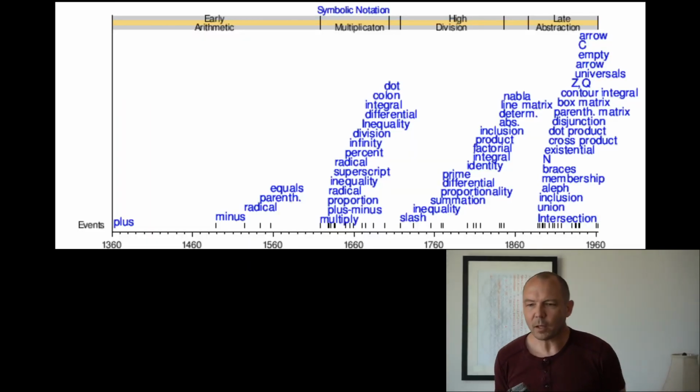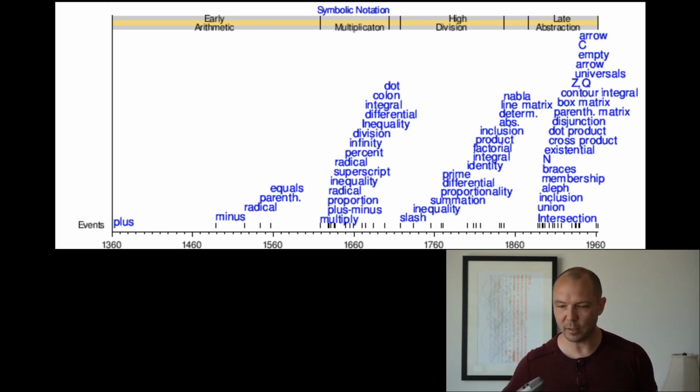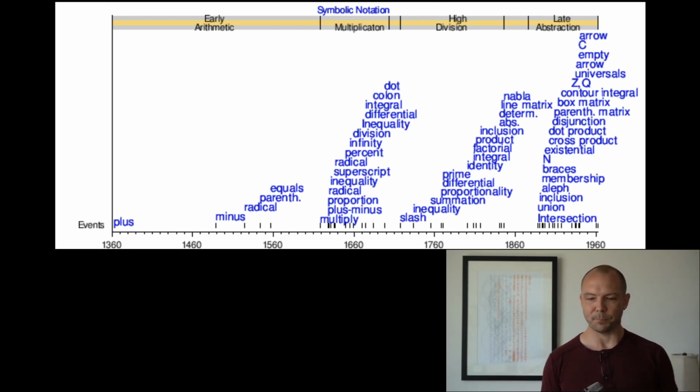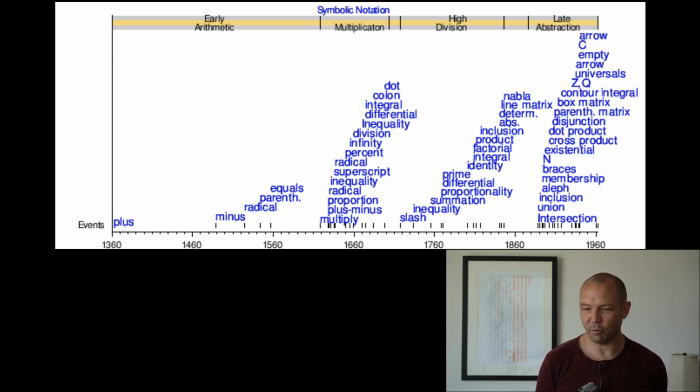Anyway, coming up with mathematical notation was pretty hard. It took us a long time to come up with the idea of writing plus as a symbol. That was first done in the year 1360. And apparently that was so hard to come up with that it took us another 130 years after that to come up with the idea of minus. But then once we could write plus and minus, then, only after another 50 years, we started doing square roots. And then the cat was out of the bag and we sort of saw the pattern and how to do all of these different kinds